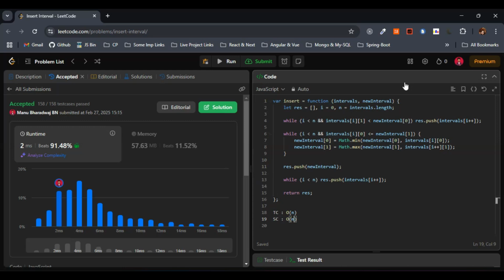We use an extra array result here. You can clearly see here. We will be making use of the extra array result. We have already made use of the extra array result here. So overall space complexity would be big O of n as well. So the time complexity and the space complexity for the code is big O of n,